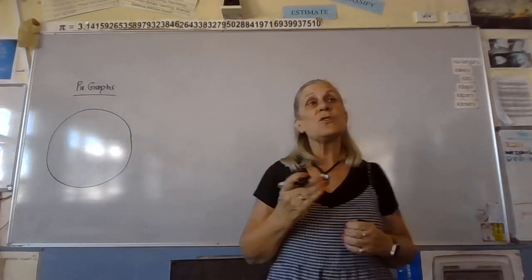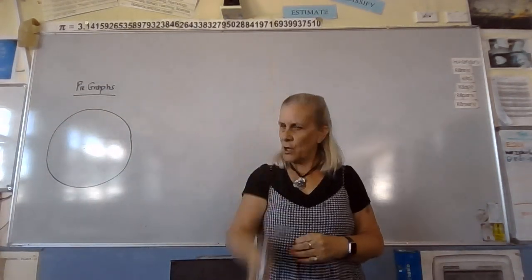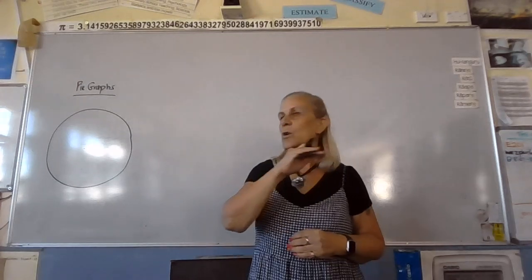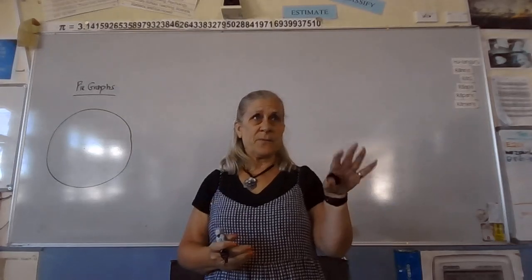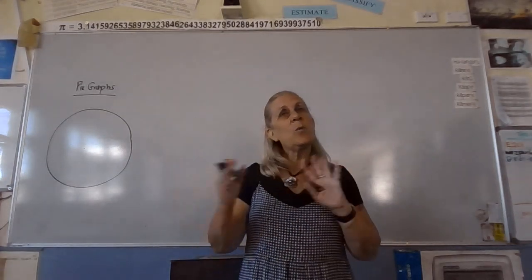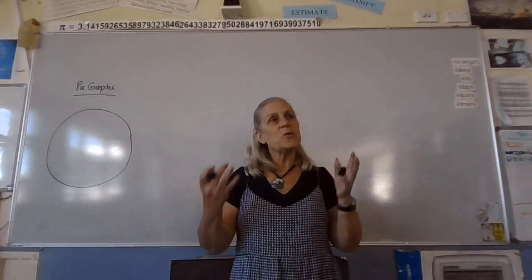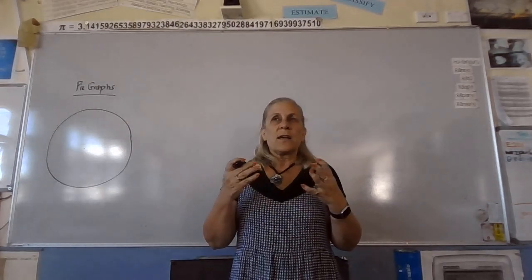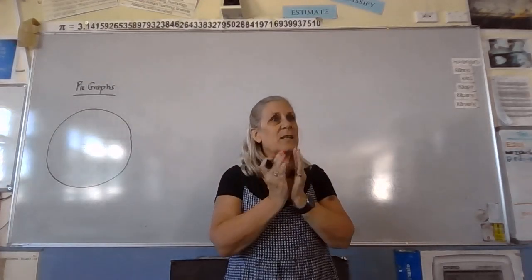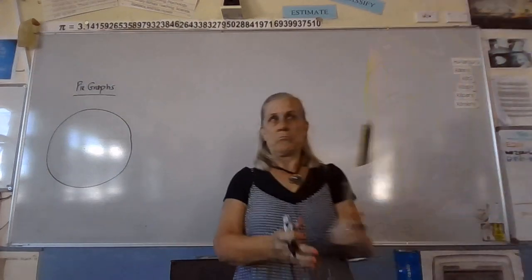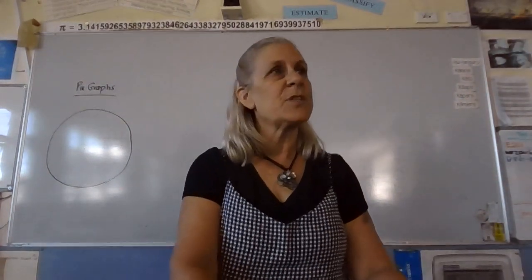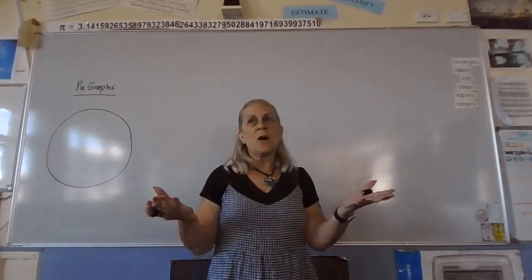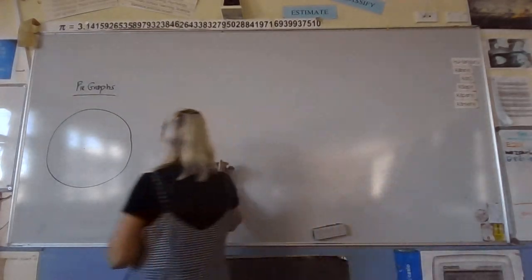Now, if we are using fractions, we all know to draw a line straight down for a half or straight across for a quarter, but that was way back in year 6 and 7 maybe. Now we are at year 11, we need to be able to actually calculate what the angle is, which is why I've brought my protractor to use, because that's what you have to use. So if I say I'm going to collect some data and I go with